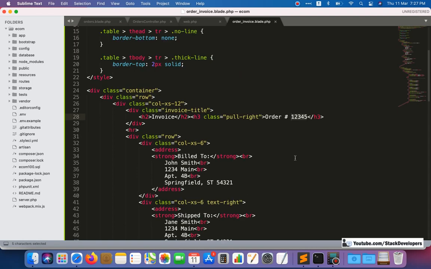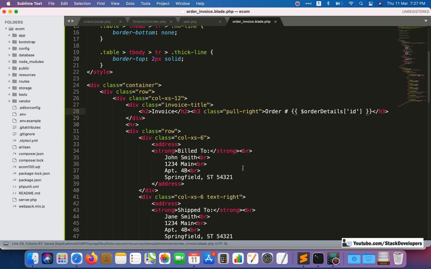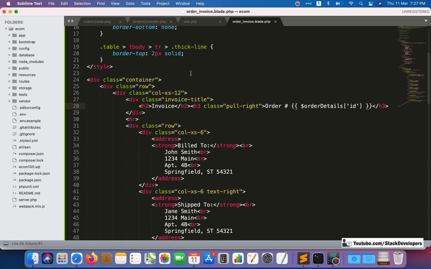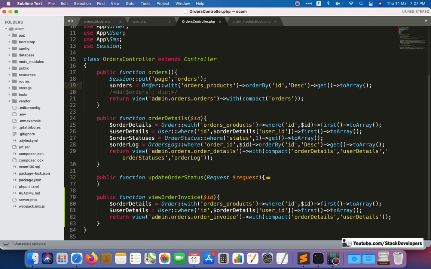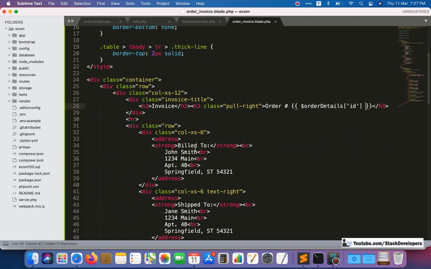First of all, we are going to make the order ID dynamic, and this one dollar order details ID like this. And here we are having the user details as well. You can see here that we are passing the order details as well as the user details. So here we are going to add the user details, order user details,